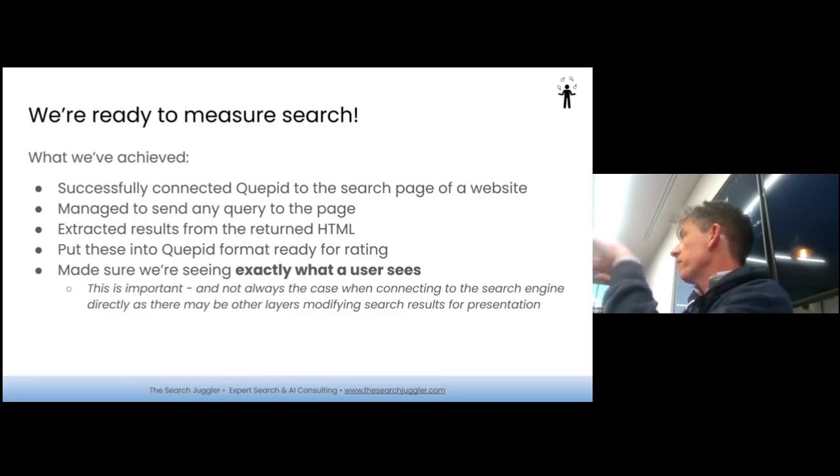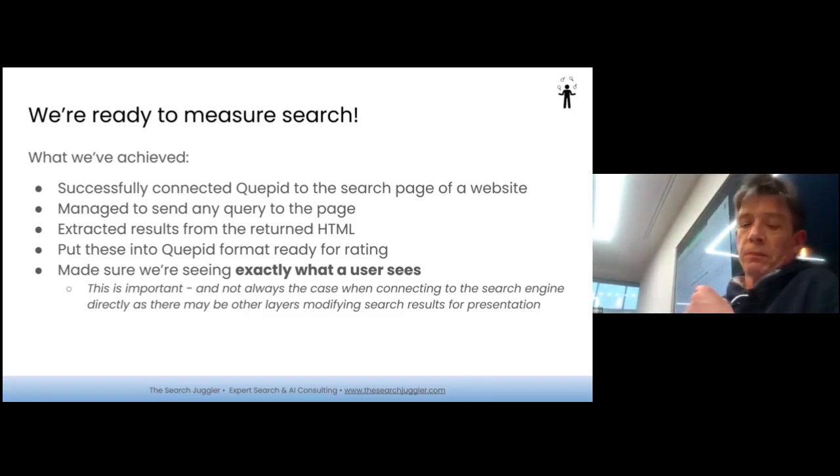So if in some of the code above the search engine, there's some kind of manipulation of the results or some extra stuff added in, or re-ranking, we get all of that as well. And if you're testing search, you don't want to be testing something the user isn't also experiencing. You want to be testing what the user sees, because that's what you want to improve.